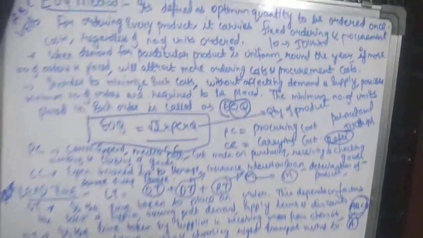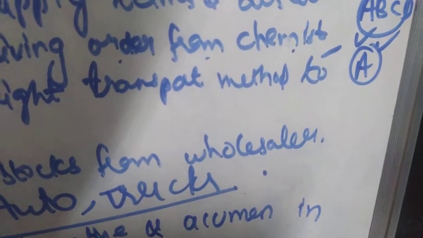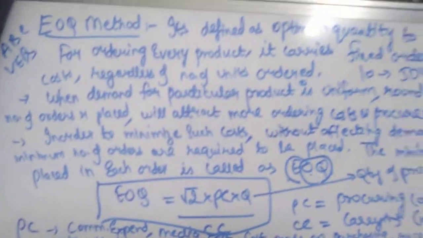We have discussed four inventory control methods, and the last method left is safety stock. That we'll discuss in the next class. Once we discuss this method, we'll cover the inventory control unit, a very important unit, and very small and easy. So I request all of you to go through all of this and let me know in case of any doubts.